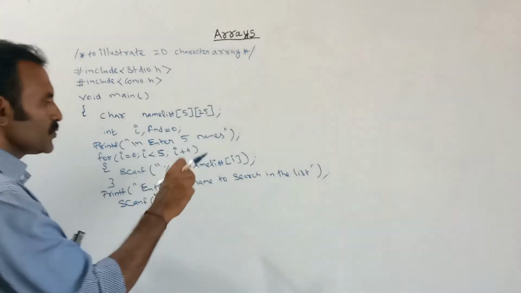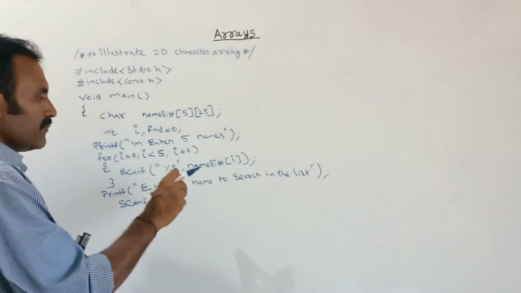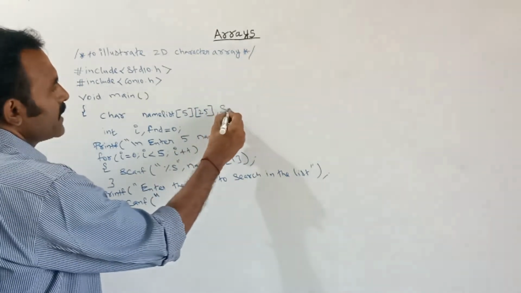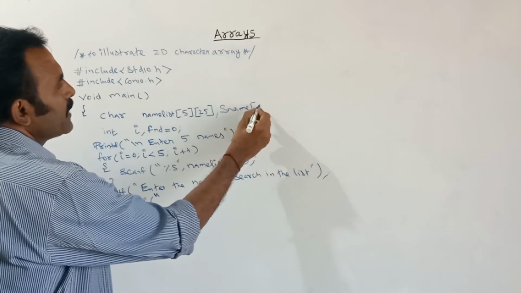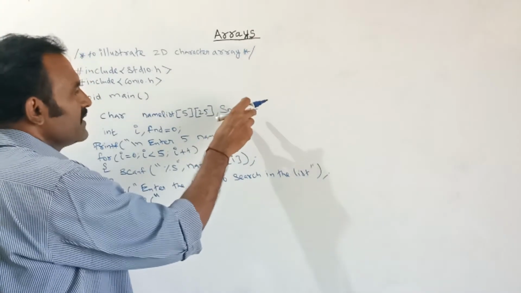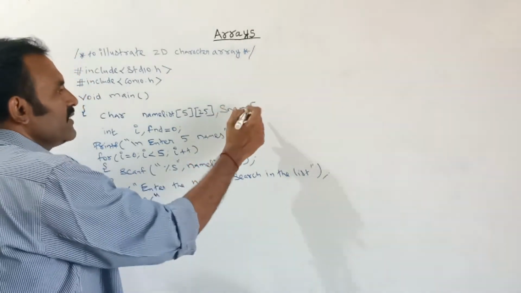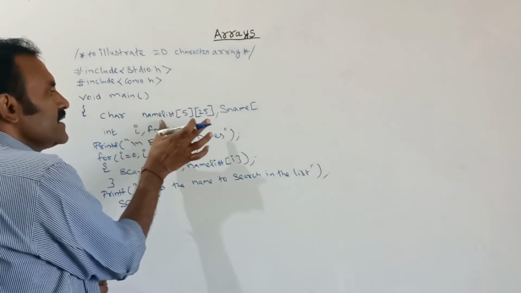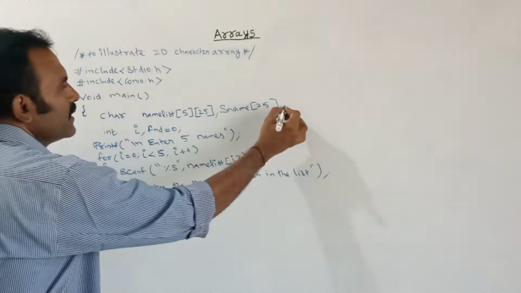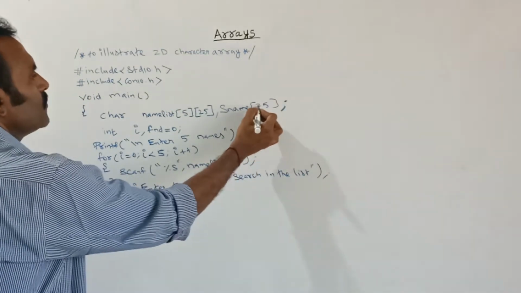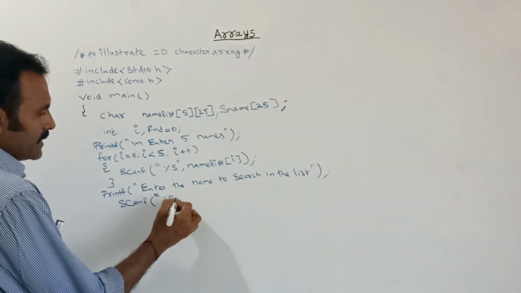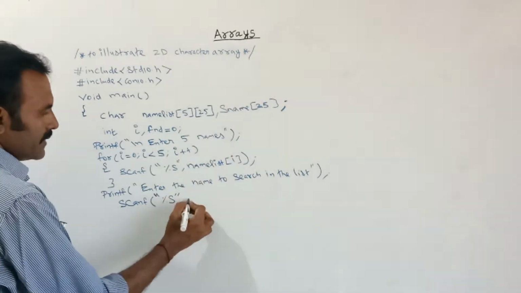See, here we need to store the name that we are searching for, so I need another variable. I am declaring, let us assume, sname, the searching name. Sname is a single-dimensional array only, because we are going to give a single string only. After giving the string to the variable sname, we are going to search whether it is inside the name list or not. Here the maximum width is 25, so up to 25 characters can be stored. Here scanf %s, next sname.